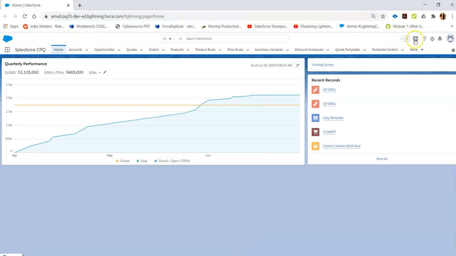Let me go to my Salesforce CPQ. I have already installed my Salesforce CPQ Advanced Approval.